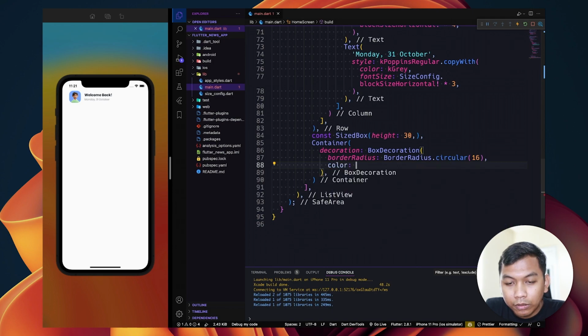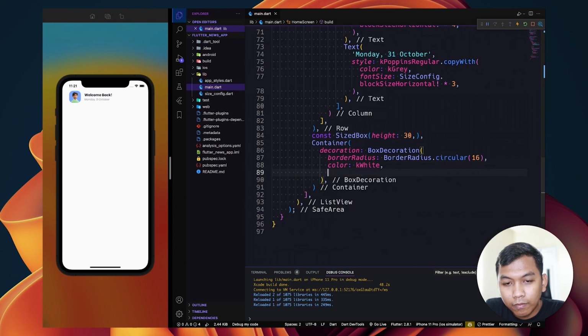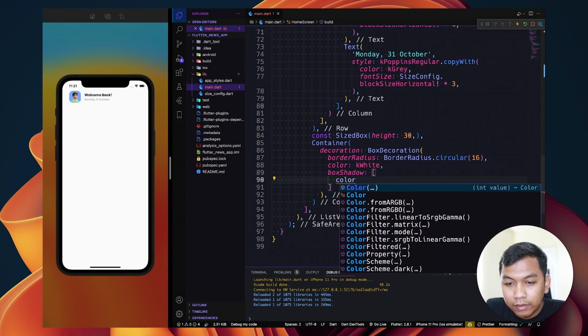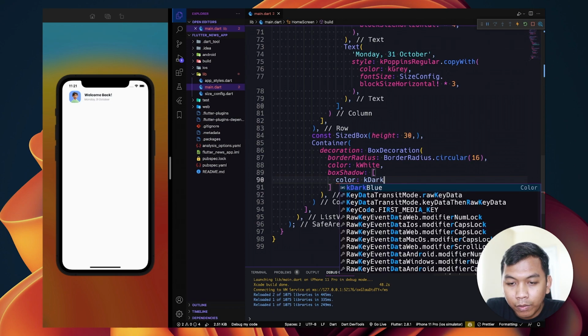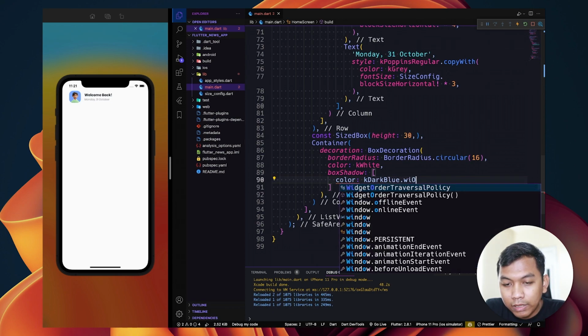And we want to set color to be white. And we want to set box shadow here using color of dark blue with the opacity